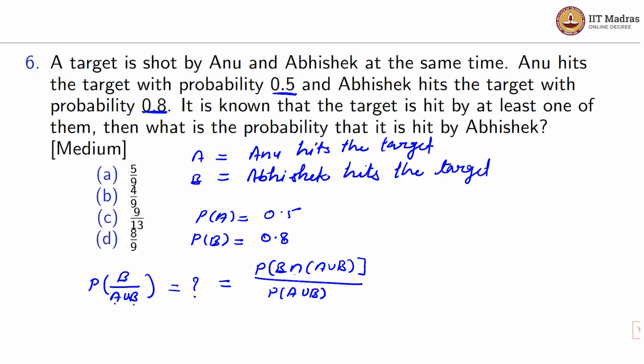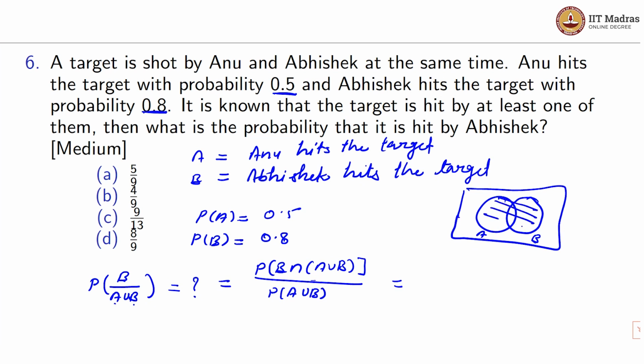and P of B intersection (A union B) will be equal to, so let me draw the Venn diagram for it. This is my A, this is my B. So A union B will be the whole area, and by taking intersection with B of the whole I will get this, which is my B. So by taking intersection of that I get P of B only upon P of A union B. So finding this value I have to calculate the value of P of A union B, and I am given the values of A and B.